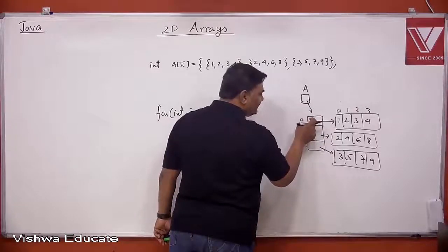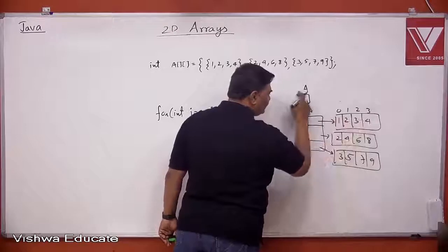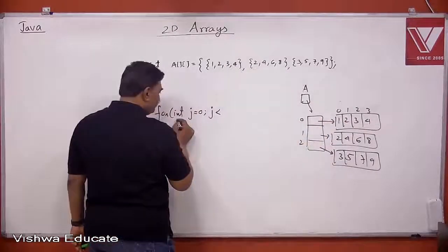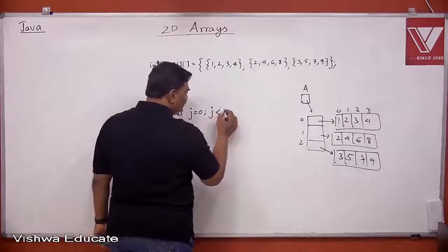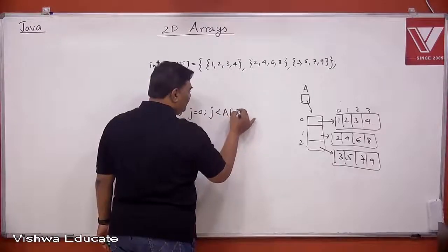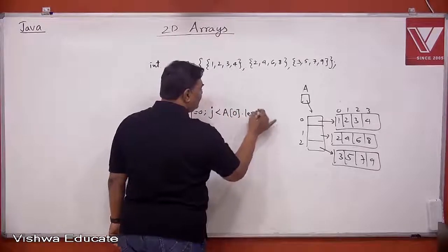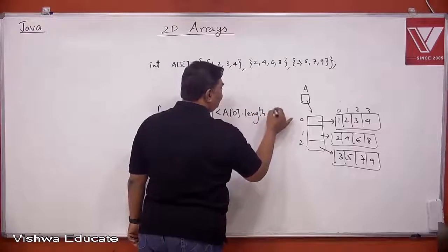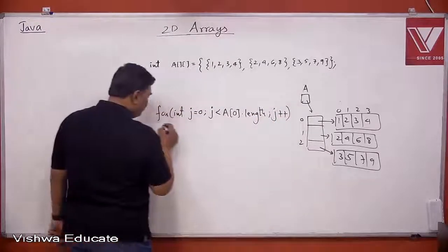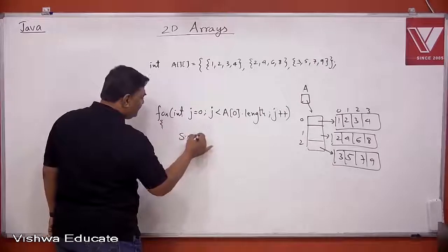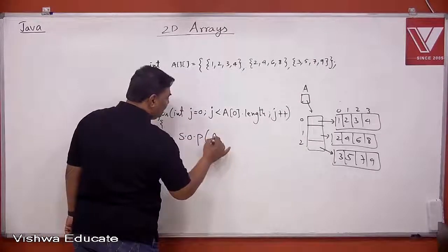So the size I want is the size of this one, so a of 0's size. So int j assign 0, j is less than a of 0 dot length, right? Then j plus plus. Then here I can say system dot out dot println a of